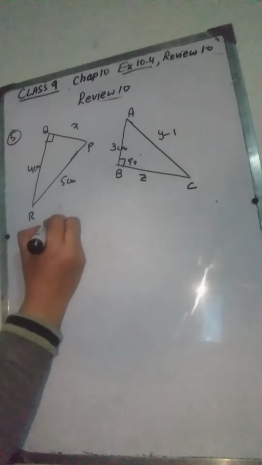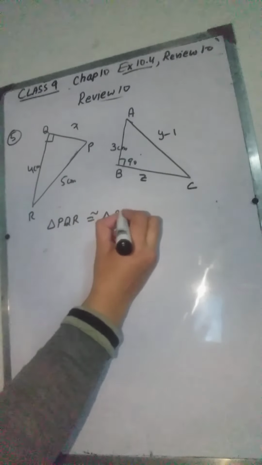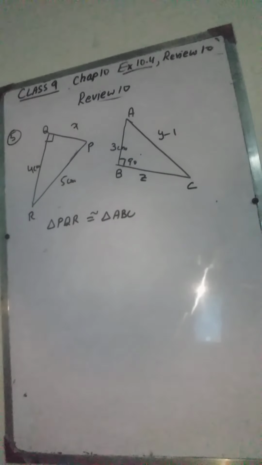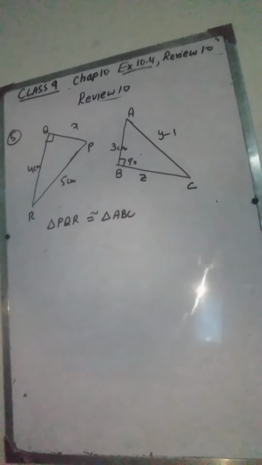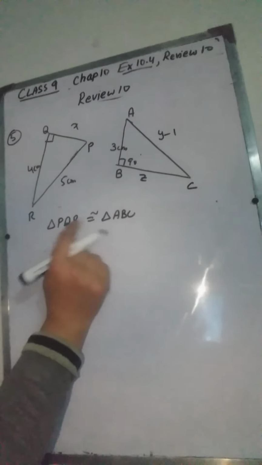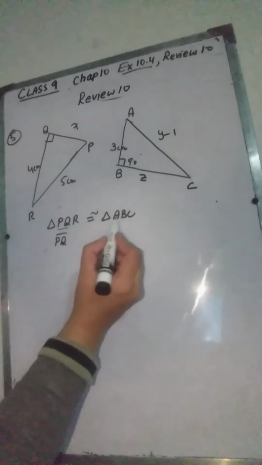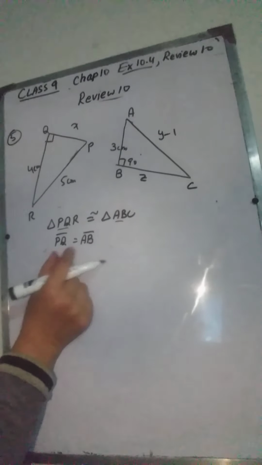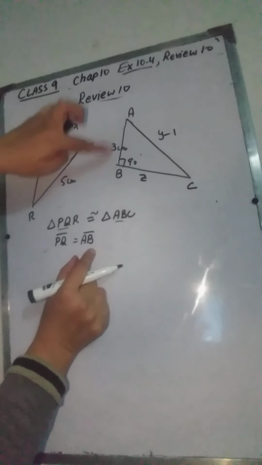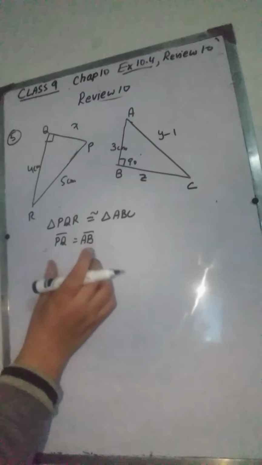We have to find the unknowns, and we are given that triangle PQR is congruent to triangle ABC. These two triangles are congruent. Now we need to find the unknowns y and z and x also. If these two triangles are congruent, then it means that this side PQ is corresponding to AB, so both these sides are going to be congruent. It means that PQ will be congruent to AB because these two triangles are congruent and their corresponding sides are also congruent.